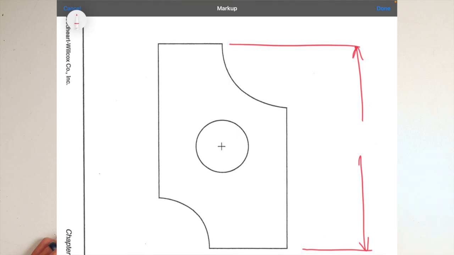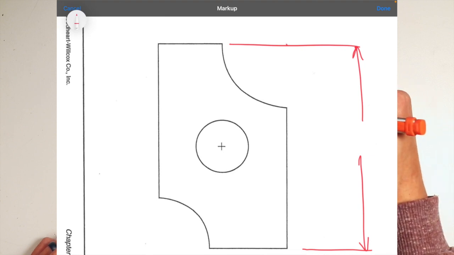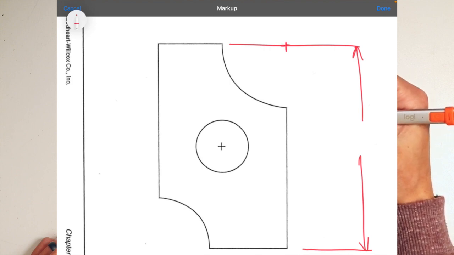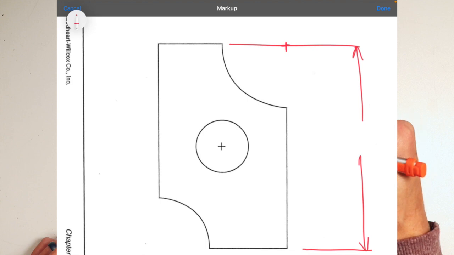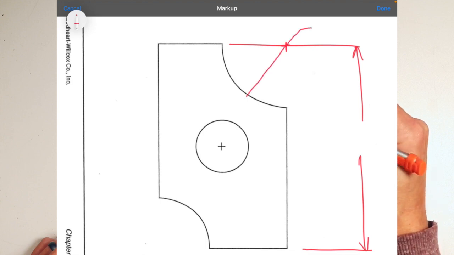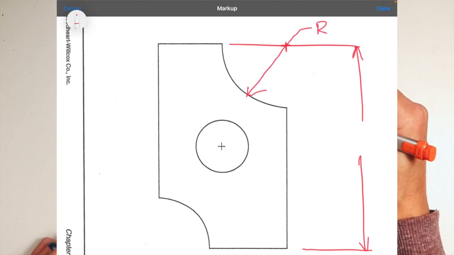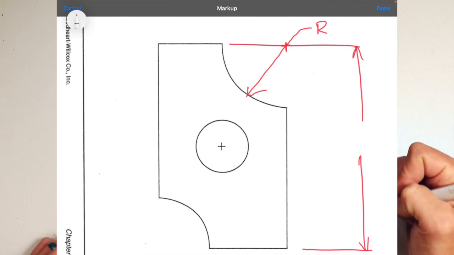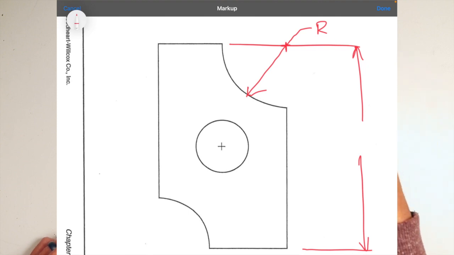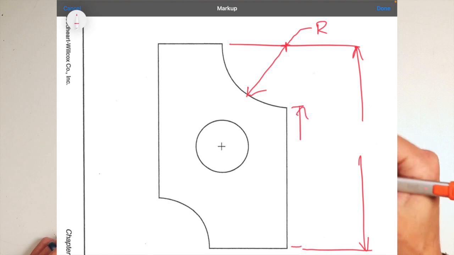Now, when referencing an interior arc like this, we don't want to reference to the side. It's just like a circle. We never reference to the side of a circle or a diameter. What we reference to is the center point of that arc, which just so happens to be at this top corner. So if I know I'm going to be giving a radius for this arc, I can give the overall in this radius dimension, and then I already have this dimension here, because it's just